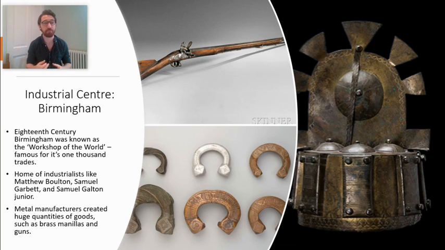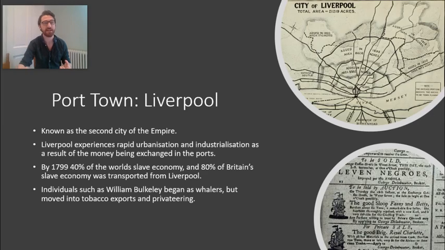And you see a lot of Birmingham brass used in the tribes of Africa. And if you see on the right of your screen, that is a brass decorative ornament that was purchased by someone in Nigeria. So this is where the triangular trade route begins, in the industrial centres that are forming in the 18th century. And these products are moved in enormous numbers to the port towns throughout the Atlantic world, ready